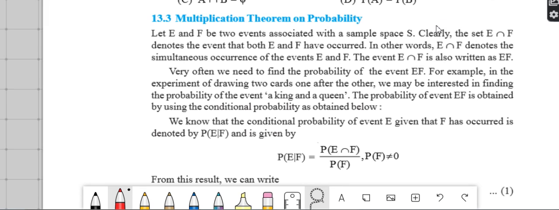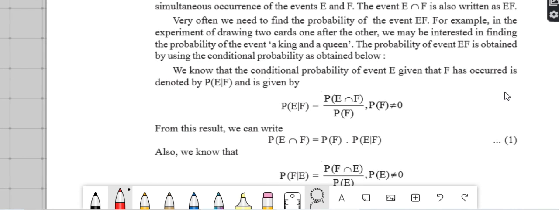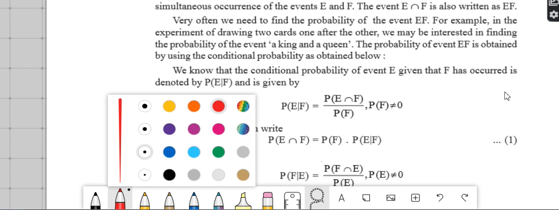We will talk about the multiplication theorem of probability. All right. Now, what is a multiplication theorem? What is a multiplication theorem? You are familiar with the conditional probability. Multiplication theorem is nothing new, but in a